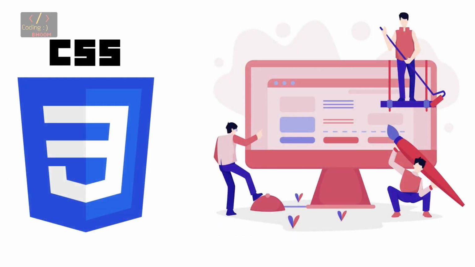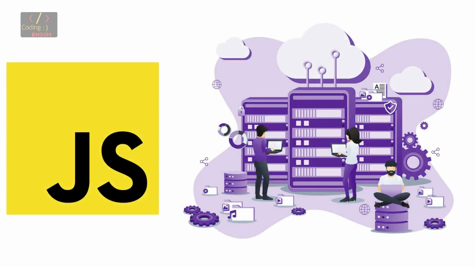What is the use of CSS here? The CSS stands for Cascading Style Sheet. This is used for styling the web page, like arranging items at a particular place where we want, and coloring the items, animation, so many things to make our website beautiful. We use CSS. The JS means JavaScript.